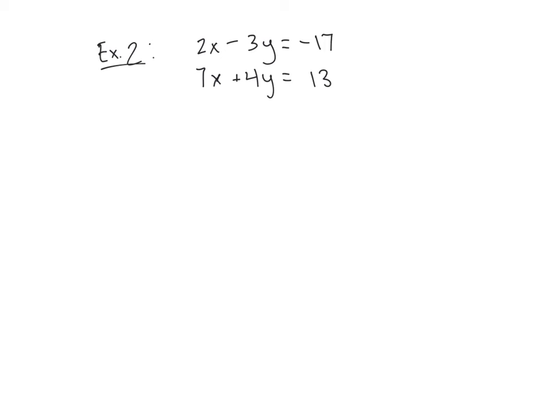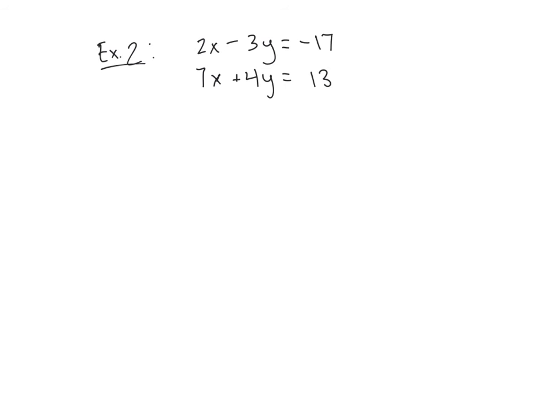All right, let's take a look at a second example of this one where I can't just multiply one of the equations to get either x or y to eliminate. So I have my first equation, 2x minus 3y equals negative 17, and my second equation, 7x plus 4y equals 13. What I can do here is figure out what's a number that both the equations could multiply up to. In this case, I see with the y's, negative 3 and 4 could multiply up to 12. Negative 3, I could multiply by 4 and get